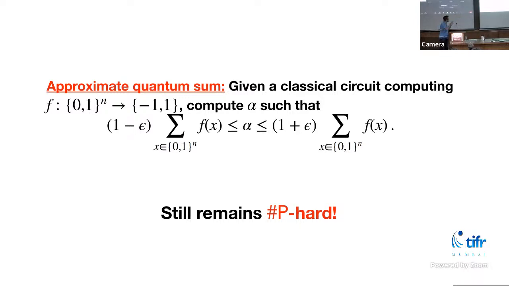Naively, what you might try to do is write this sum down as a positive part and a negative part, and then apply this classical procedure to compute each part separately and then subtract. Like this classical multiplicative precision computation. But that will fail because that doesn't preserve the sign. There are a lot of cancellations going on, lots of negative numbers. That really makes calculating this sum very complicated, despite that tolerance.